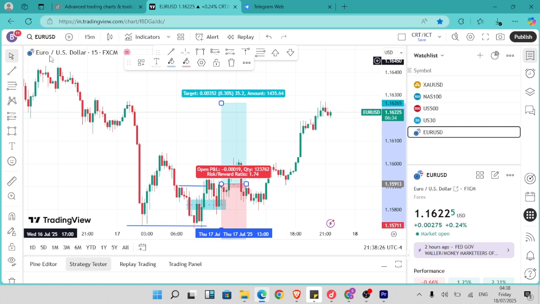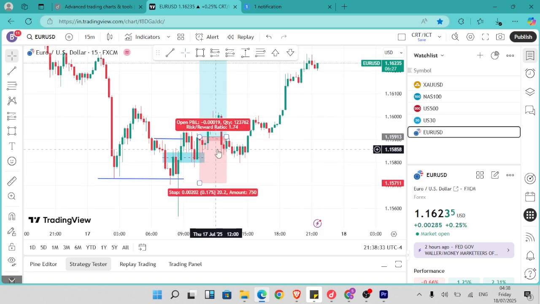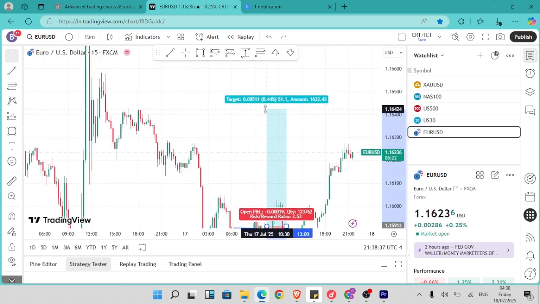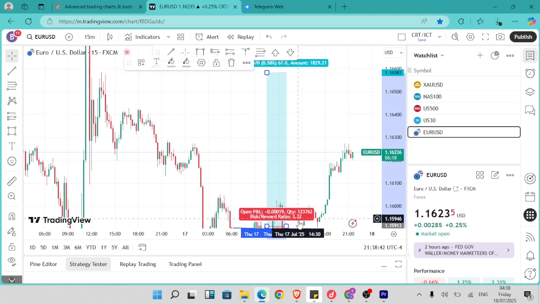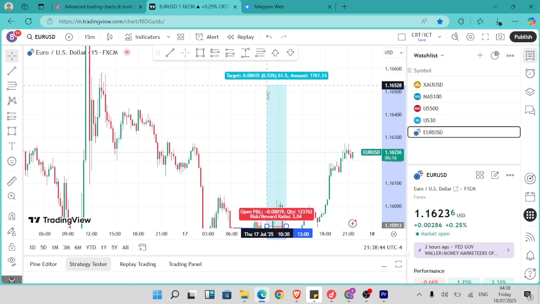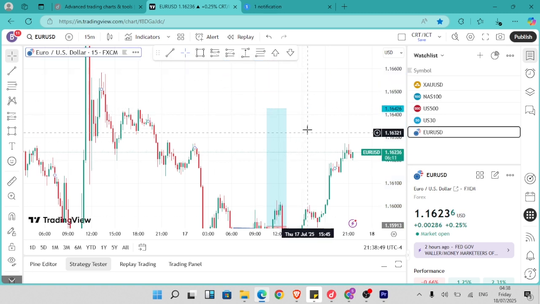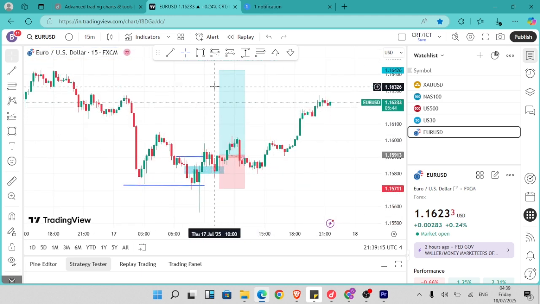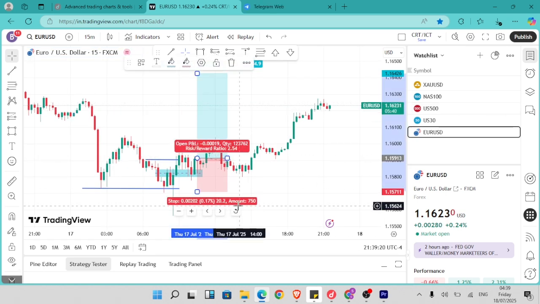right there, which gives a risk to reward ratio of 1.74, or maybe they will target higher these highs or these highs, which will give maybe 3.32, and this one would give 2.54 risk to reward ratio. However, I have a different approach to this, so I will delete everything,